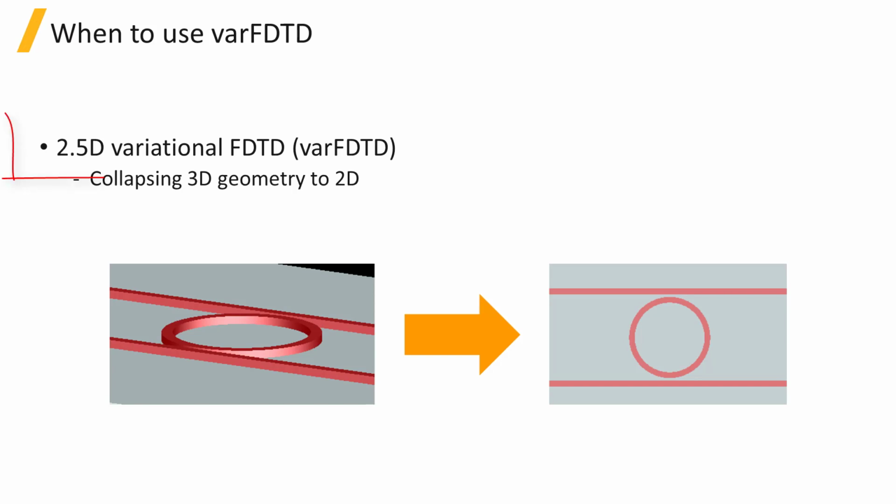The 2.5D variational FDTD, also called the varFDTD solver, works by collapsing a 3D geometry to 2D and runs a 2D FDTD simulation, which is much faster and uses less memory compared to a 3D FDTD simulation. The method used to reduce the 3D problem to an effective 2D problem will be discussed in the solver physics